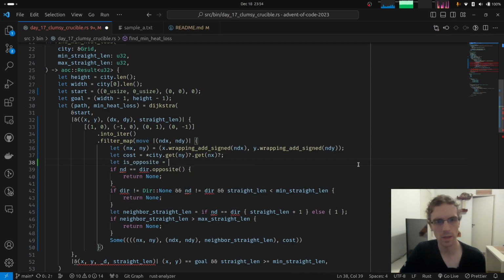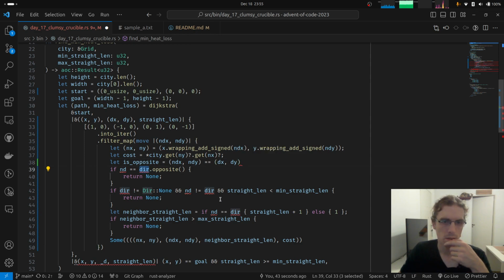Is opposite would be to check if this neighbor direction x is equal to minus dx, and well, we could say neighbor dx and neighbor dy equal dx dy, right? Where else are we using the direction? I want to see. Yeah, here. You know what? I'm just tempted.